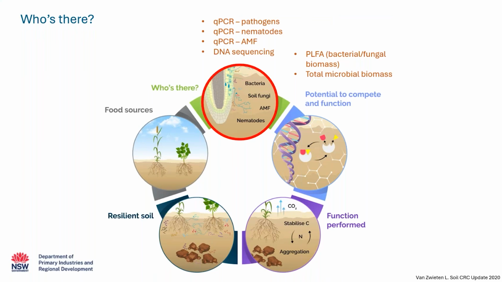So now that we understand carbon food sources, let's explore which microbes consume these resources. Soil is the most alive and diverse ecosystem on planet Earth, with a gram of soil harboring up to 10 billion microbial cells, representing hundreds of thousands of different microbial taxa. Molecular tools have evolved rapidly over the past few decades, and there are now powerful tools to assess soil microbial biomass and diversity. But method selection should be based on research question, resources, and the level of detail required.